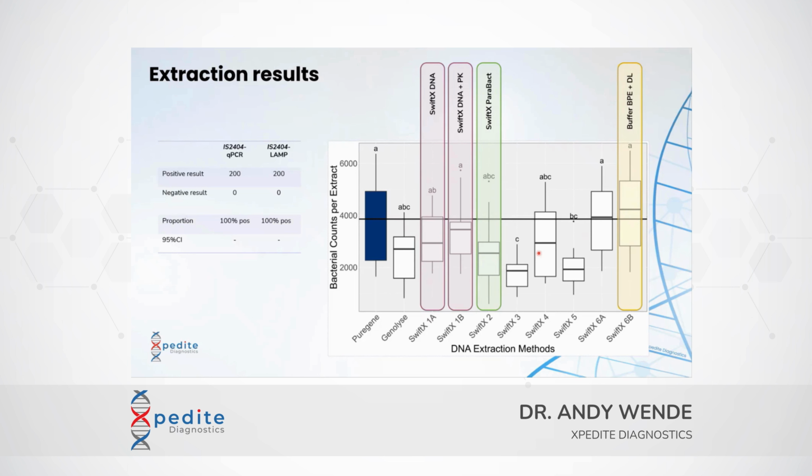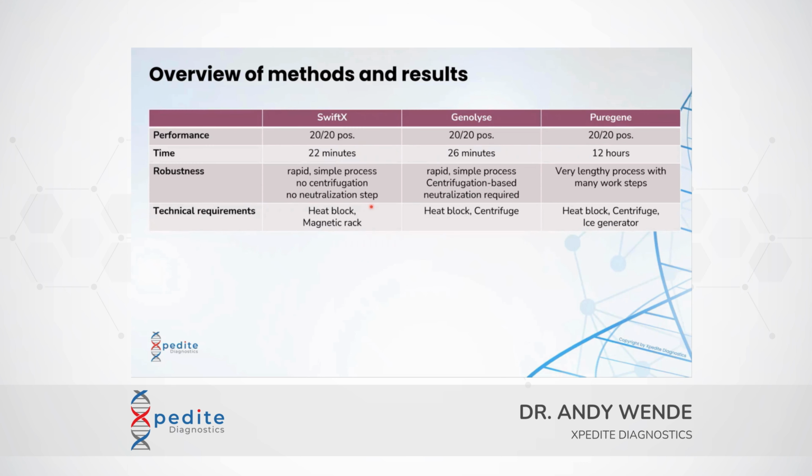Then here you see these other different combinations of things. This here is, for example, the centrifugation with a DL buffer, centrifugation with the alkaline lysis. But what actually turned out to be the best is the combination of the capture buffer that is contained in the Parabact kit, the one that is really better for bacterial capture, combined with a DL lysis buffer, which is part of the SwiftX DNA kit, which is one of our standard kits. And that had a very nice performance, also slightly above the yield in terms of DNA compared to the PureGene method. So to summarize this in one table,